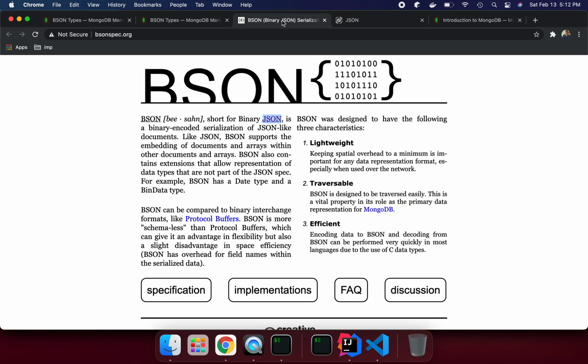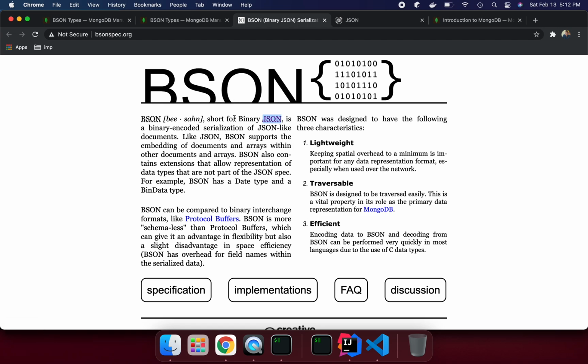Another thing is BSON. What is BSON? BSON is a binary format of the data. Internally MongoDB stores all the data in binary format. Why is binary format needed? Because if we store the JSON content directly, it creates a lot of data size, and it's not efficient to do operations natively. So we convert it into the binary format.